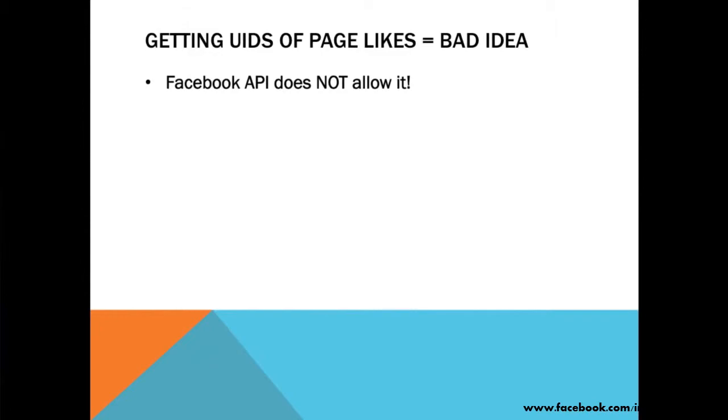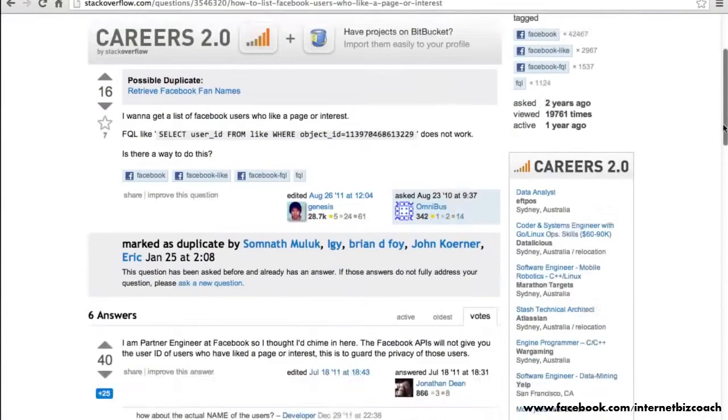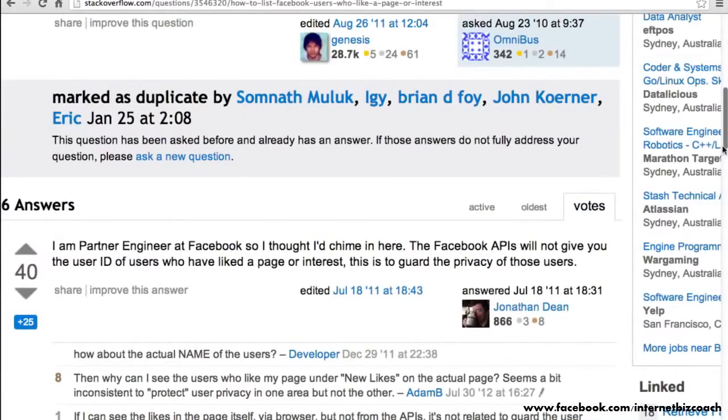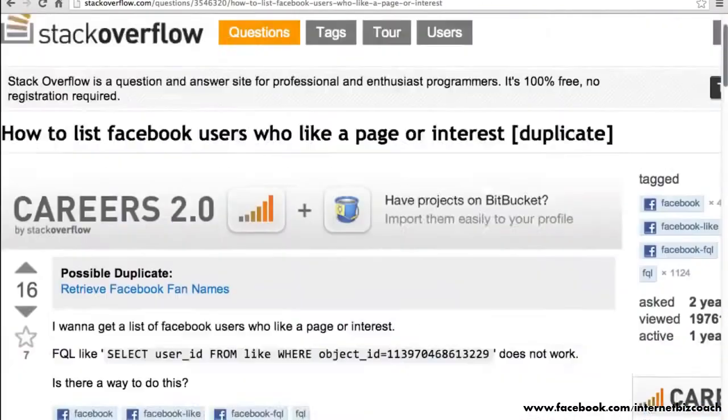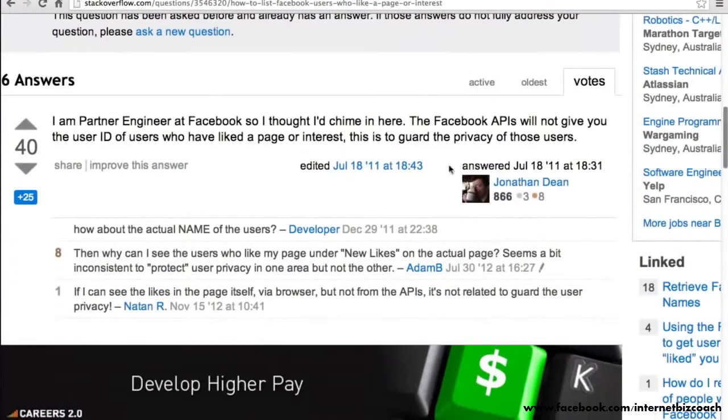And here is the response given by a Facebook engineer when asked how to get Facebook users who like a page via the API. And this is what he says: I'm a partner engineer at Facebook, and the Facebook APIs will not give you the user ID of users who have liked a page, and this is to guard the privacy of those users.